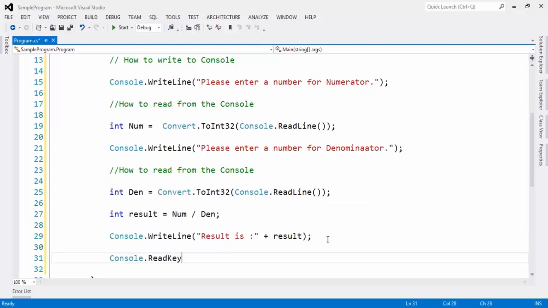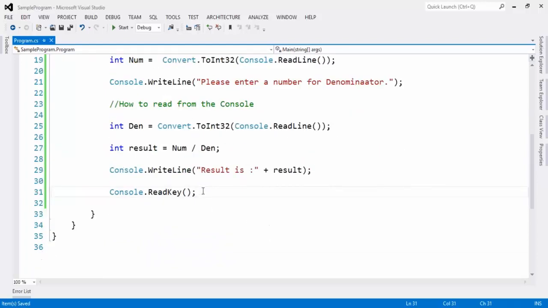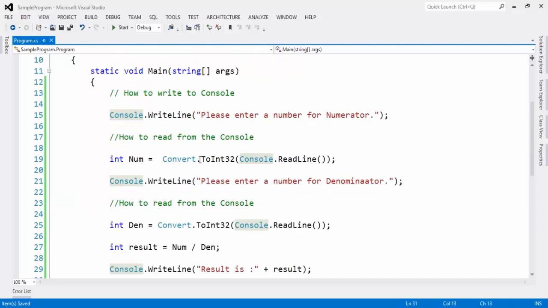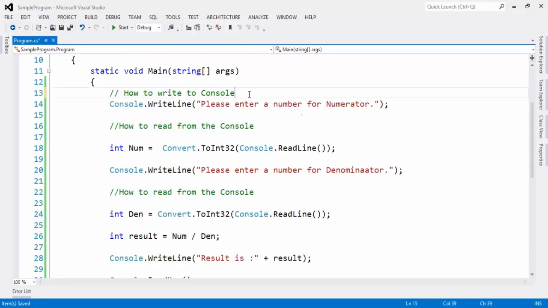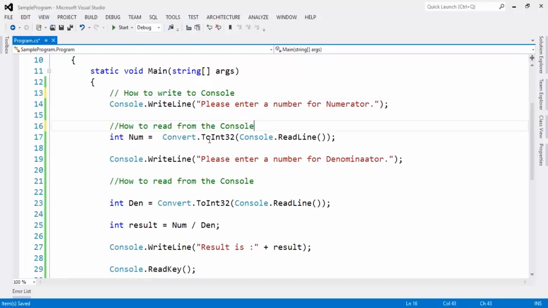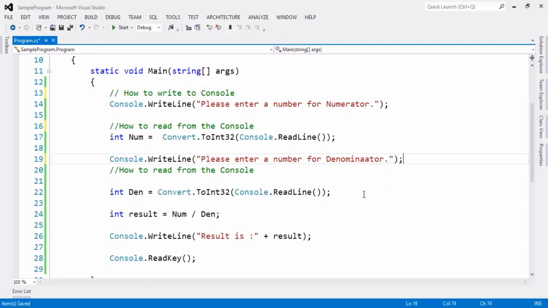Console.ReadKey. I'll tell you why I wrote this Console.ReadKey. Till now I told only two methods under Console. WriteLine is used to display something on a console. So I wrote here how to write to a console and how to read from the console. Your user has given one number, then how to read it is by using Console.ReadLine. How to write it is the Console.WriteLine method.